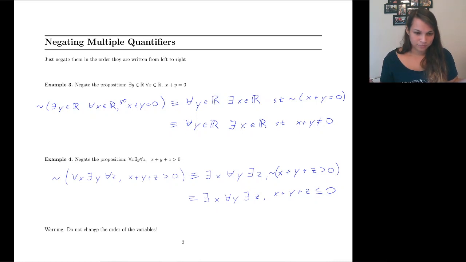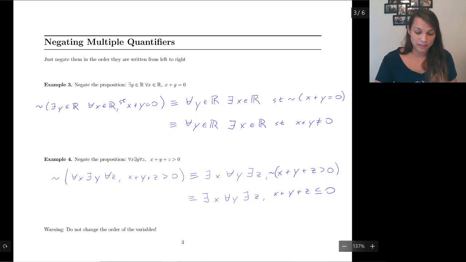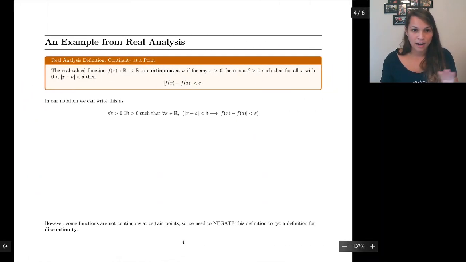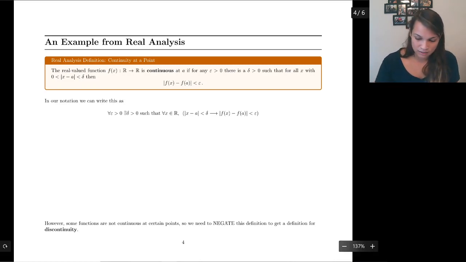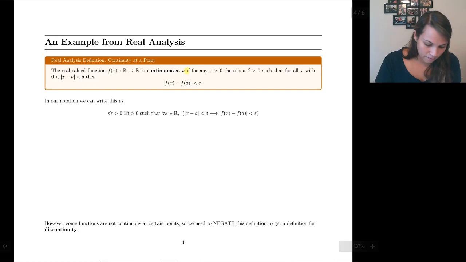Okay. And that's really most of everything that I had today, but I want to bring us to an example that you will see in real analysis. I just want to play with this definition. So a real analysis definition for continuity of a function is if for every epsilon greater than 0, there